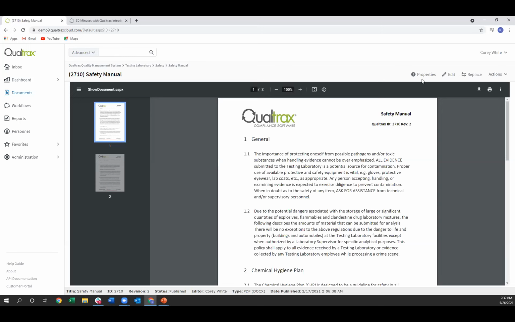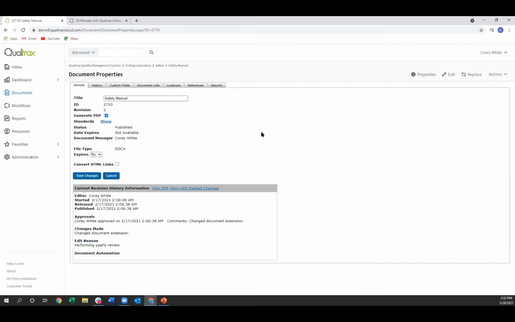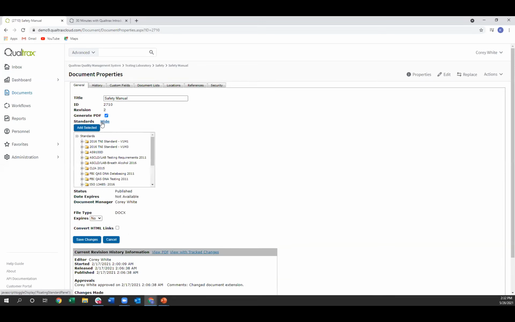So what I'm going to show you, if I go to the properties of this safety manual, the first page you're going to go to is some of just the general requirements for that document. One of those is actually choosing what standard and what clause of the standard that document applies to. So if I come down here, I can see title, ID number, to generate a PDF. If I've got standards here, I can actually open this up and see that I have a list of standards